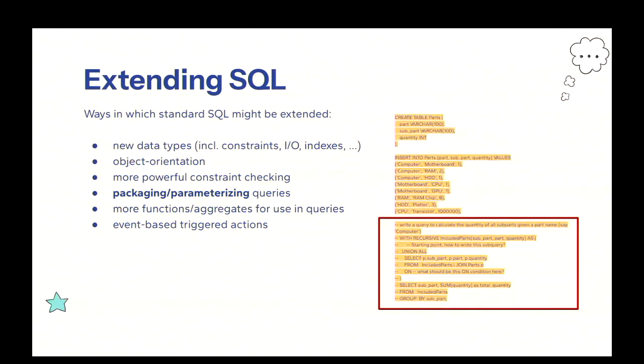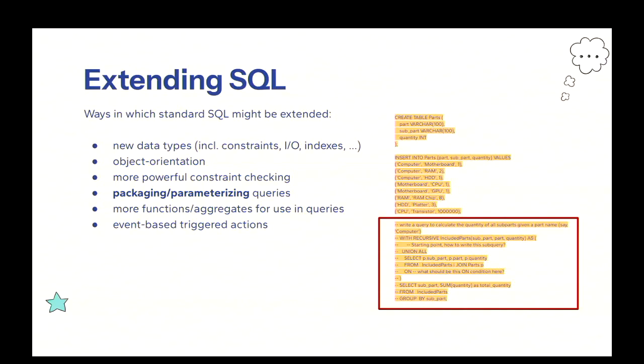For packaging and parameterizing these queries, why do we have the motivation for doing so? This is our previous example of using the recursive query.